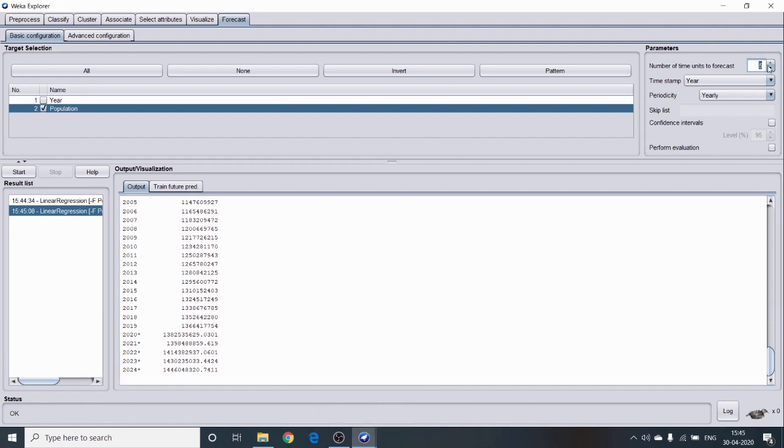If I say for the 10 years trend, then after 10 years, in 2029, the population will be around 152 crore. So like this you can do time series analysis using the Weka tool. It is very simple and you can do it very easily.